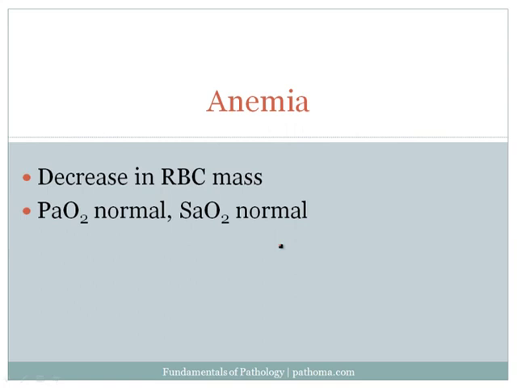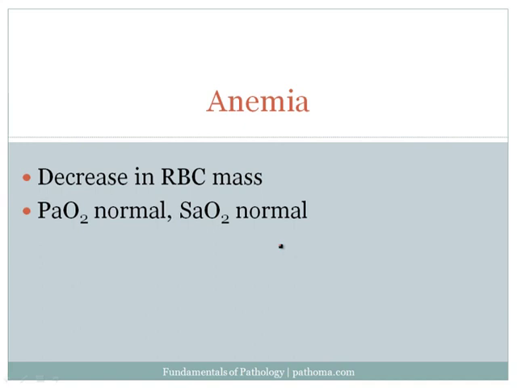Let's just give you a few examples of that to highlight this idea, because this is one of the few places we'll get to discuss this principle. One example of a decreased O2 carrying capacity of the blood would be anemia. Remember that anemia refers to a decrease in the total red blood cell mass in the body. And when there's a decrease in red blood cell mass, there's going to be a decrease in the amount of oxygen being carried in the blood. And therefore, there's obviously going to be a decrease in the amount of oxygen going to the tissues,